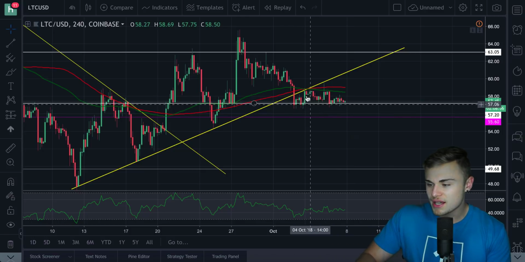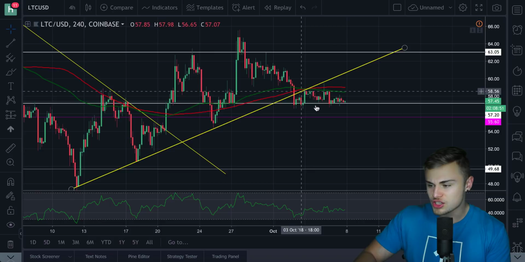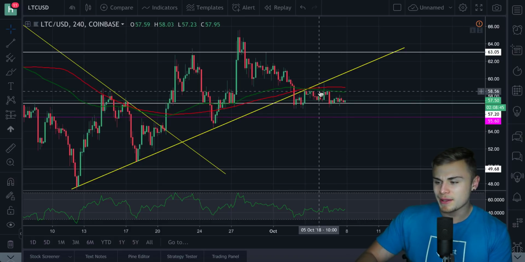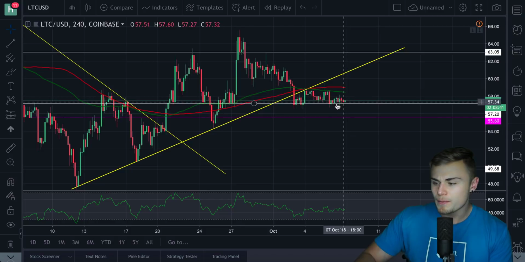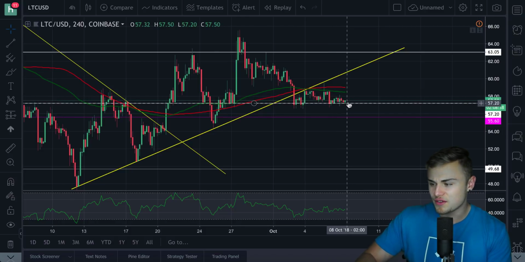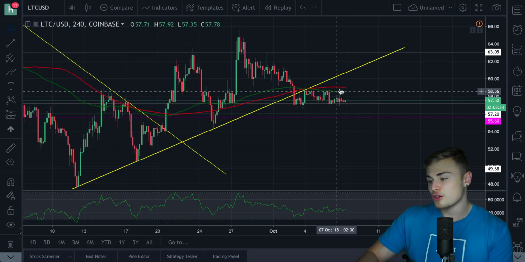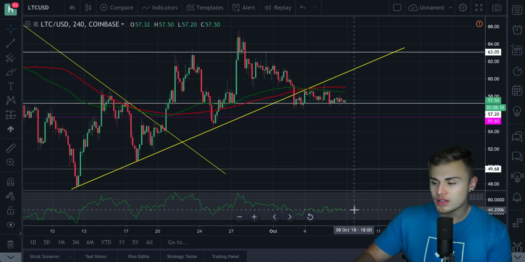But as you guys can see, we are now facing resistance from this high-low middle moving average. We've literally just been bouncing in between here, so we do have a support at around $57, and we have a kind of cap at the top at around 58, which is pretty much where this high-low middle moving average is. So we do have a very strong support at this 57, so I don't think we'll be breaking through it anytime soon, but we are facing a very strong resistance right here. Relative strength index does look quite nice though, only at 44.